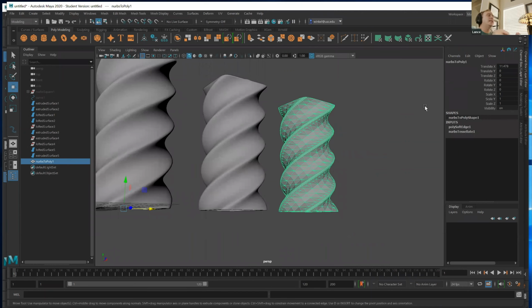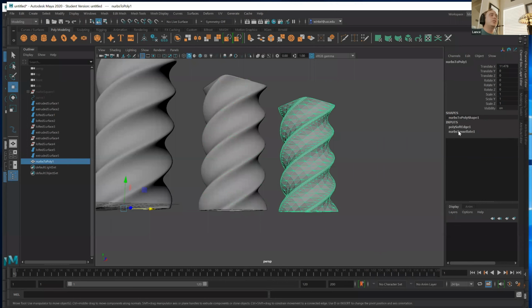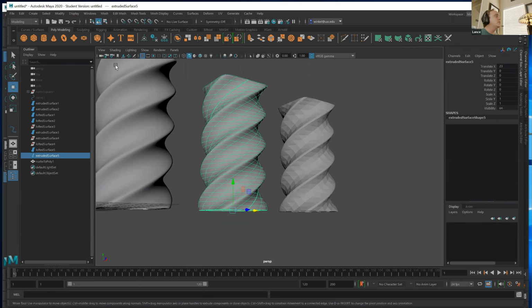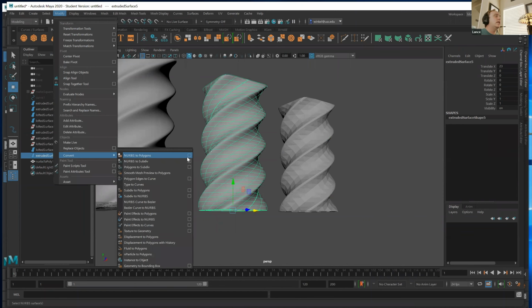I want something that looks clean. It looks clean here, okay? Now I could do this just by changing the tessellation values of my tessellation attribute, probably in about 10 seconds. But the same values we see over there: modify, convert, NURBS to polygons, look at that little options box right